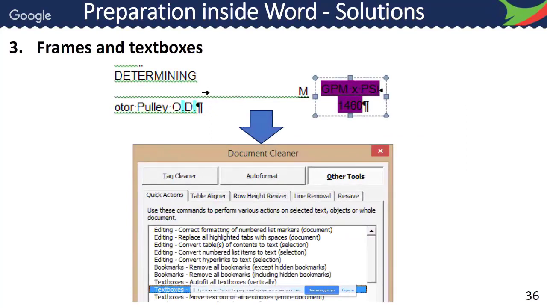To move the text out of a text box and into the body of the document, you can use a quick action called Text Boxes: Move Text Out of Selected Text Boxes. To do so, switch to the Other Tools tab of Document Cleaner and then find this action on the Quick Actions tab.